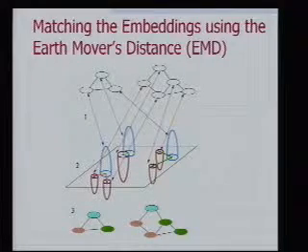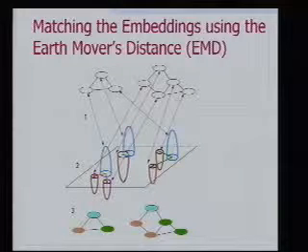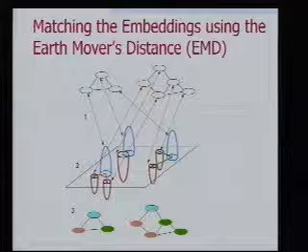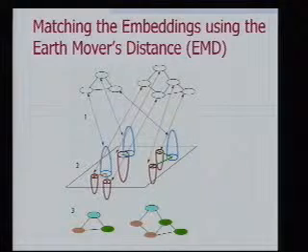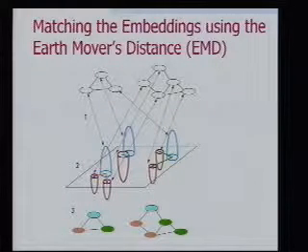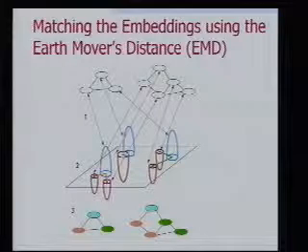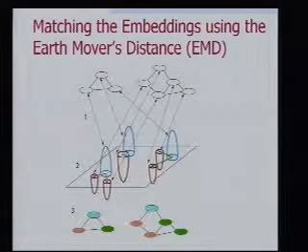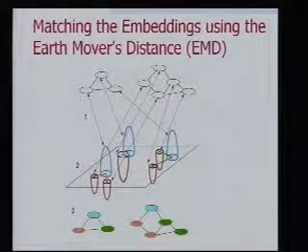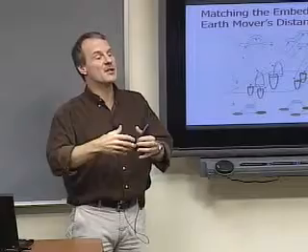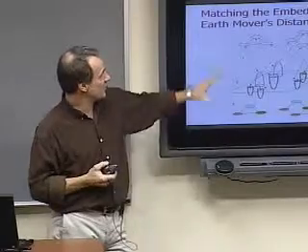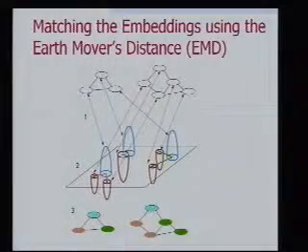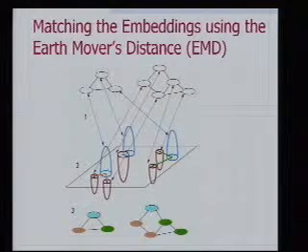And now we use a standard algorithm for many-to-many point matching, or earth mover's distance. The analogy for this algorithm is if you have a bunch of piles of dirt and you have a bunch of holes in the ground, what's the least amount of work required to push the dirt into the holes? So if there's a hole nearby me, I'm not going to push my dirt way over to that other hole. Right? And a pile of dirt can be distributed among many holes, and a given hole can receive dirt from many piles. That's why it's many to many. Okay? It's called a transportation problem. So we compute the minimal work required to push the piles of dirt into the holes.